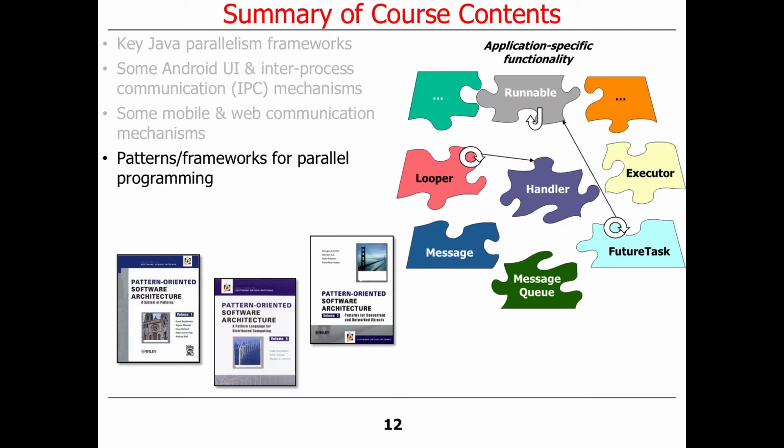And something else that'll kind of underlie a lot of what we're going to cover will be parallel computing patterns and frameworks. That's also lurking underneath the covers for almost everything we're going to talk about here. Depending on how much time we have towards the end of the class, we might or might not spend time